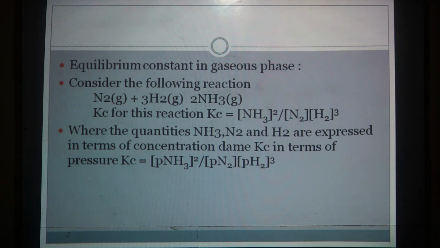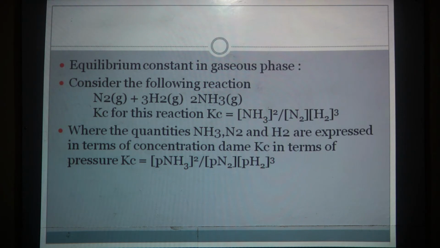Kc for this reaction is NH3 bracket squared upon N2 into H2 bracket cubed, where the quantities NH3, N2 and